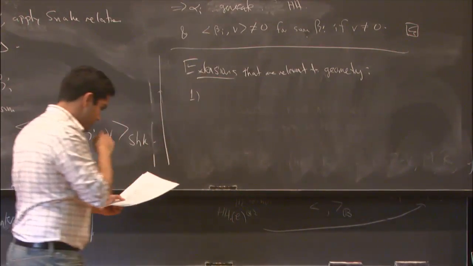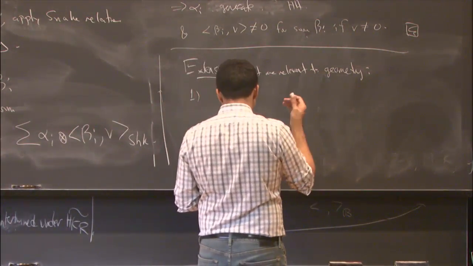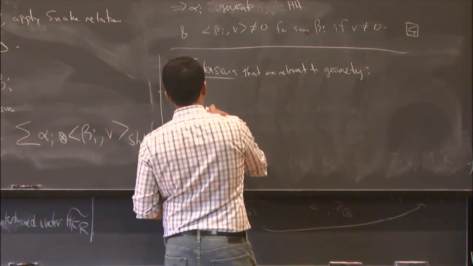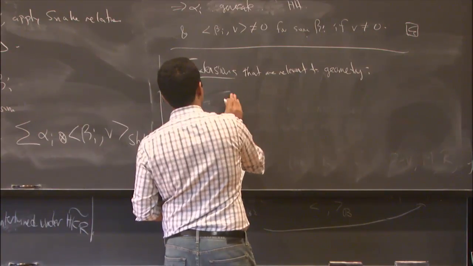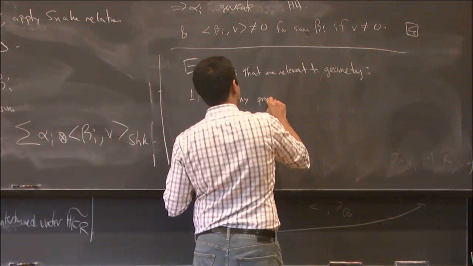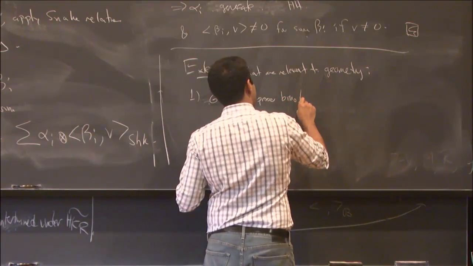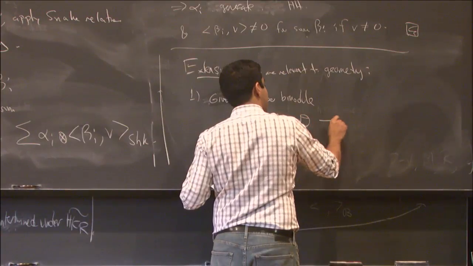The first is a very mild extension. Instead of looking at the Hom pairing, if you have any proper pairing between not C with itself, but any pair of categories,